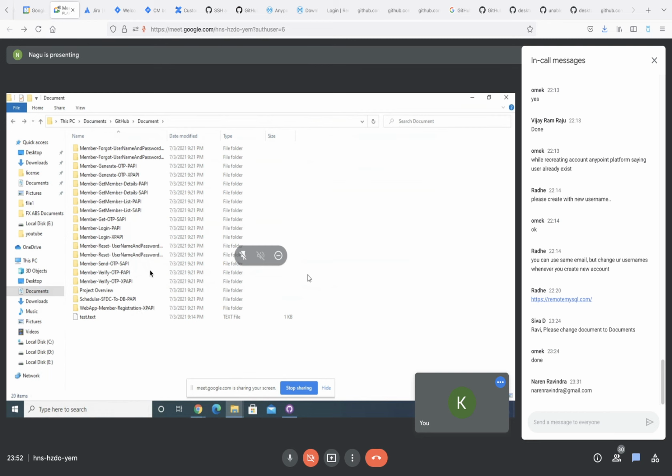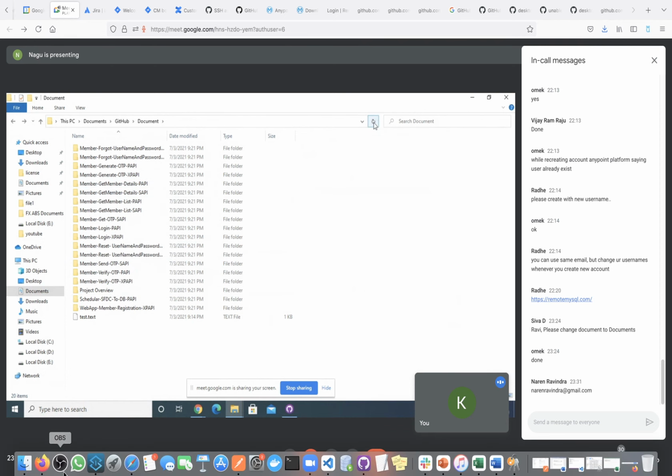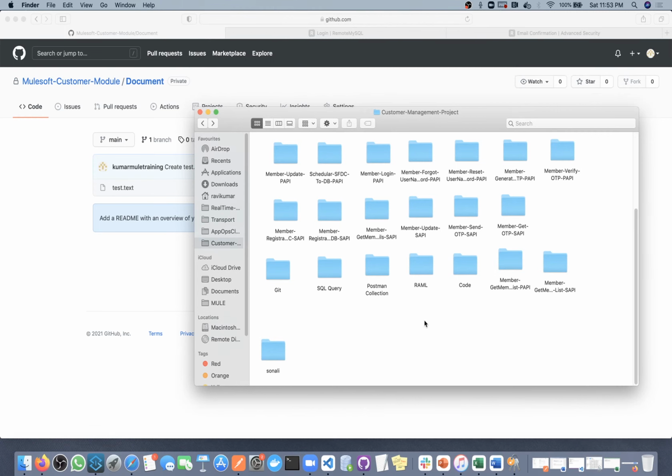Okay, why is the SQL query folder not here? Can you refresh this page? Okay, let me see whether I committed properly or not. That folder should be here.